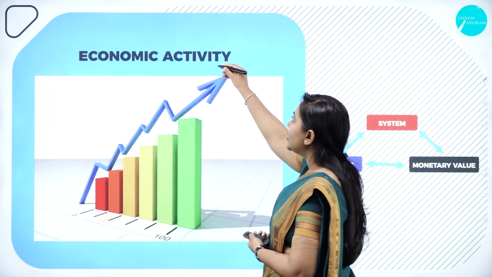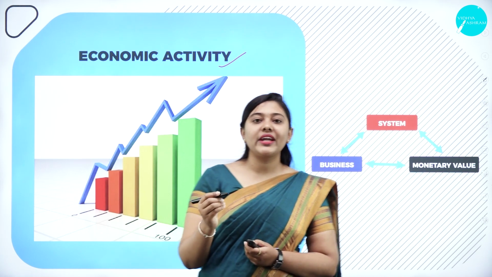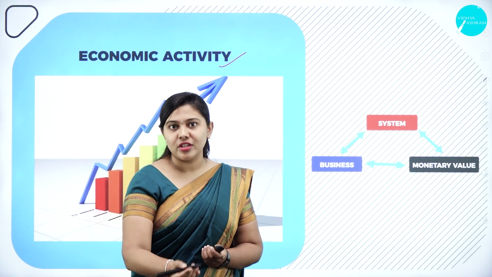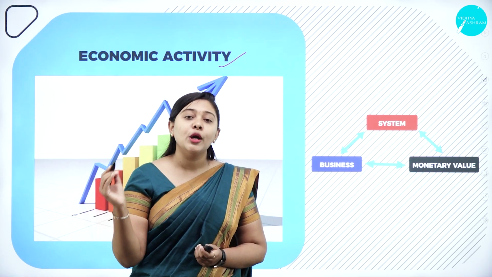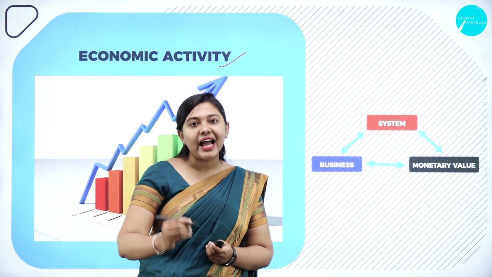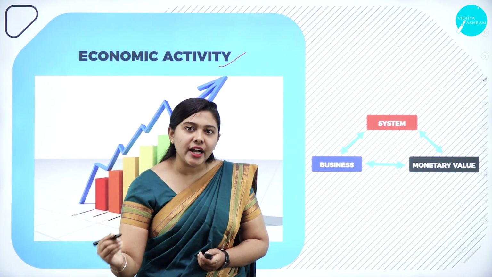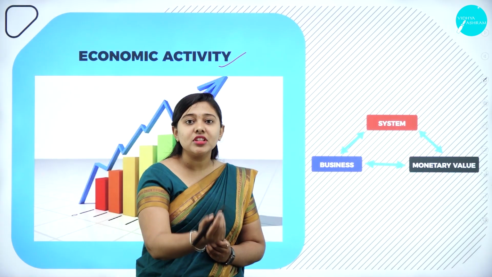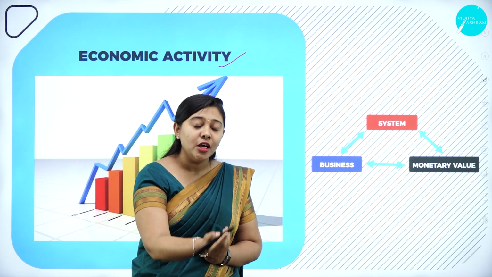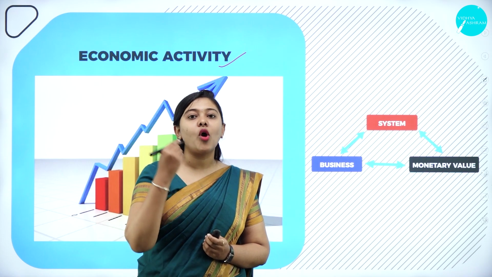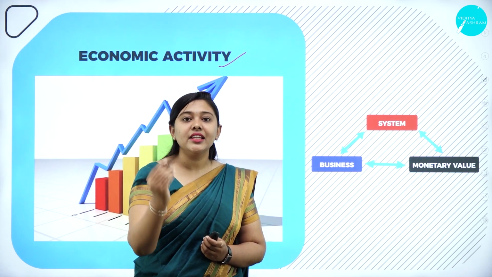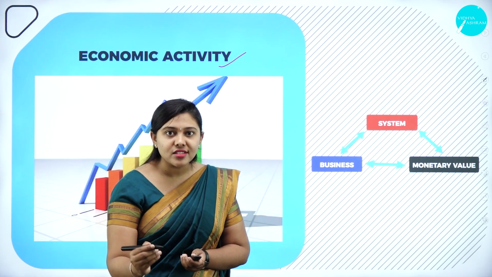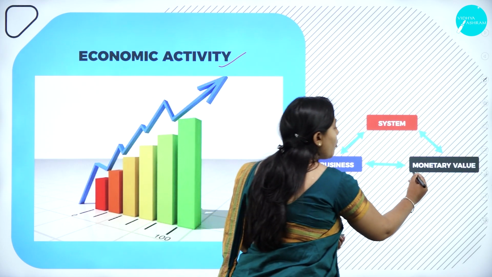Let us understand what an economic activity is. An economic activity simply means that we people give input. That input will lead to the manufacturing of goods and services, and later those will be the finished goods, and that is the consumption you get from the finished goods. For a certain product you buy from the market, the income that you pay deals with monetary value. So an economic activity is a process, a system, which deals with monetary value,